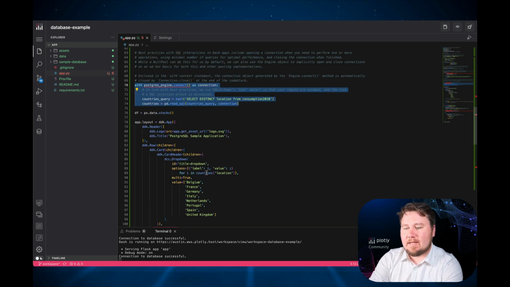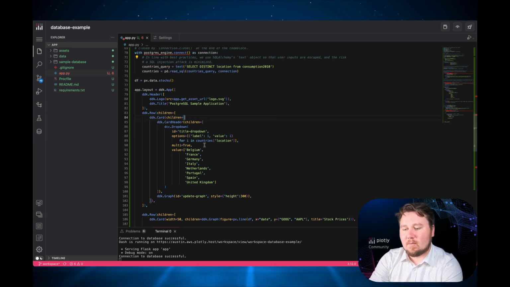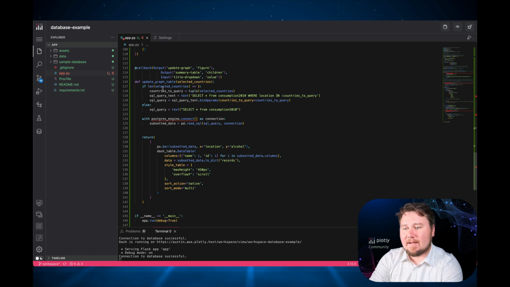After that, we have this layout, which is a simple Dash Design Kit layout with a header, some rows, and then we have this callback. Within the callback itself, we have a query, which is pulling the columns that we're looking for, where we're using SQL query text, and then we're looking for specific countries to query, and then this is going to be thrown into a pandas DataFrame,